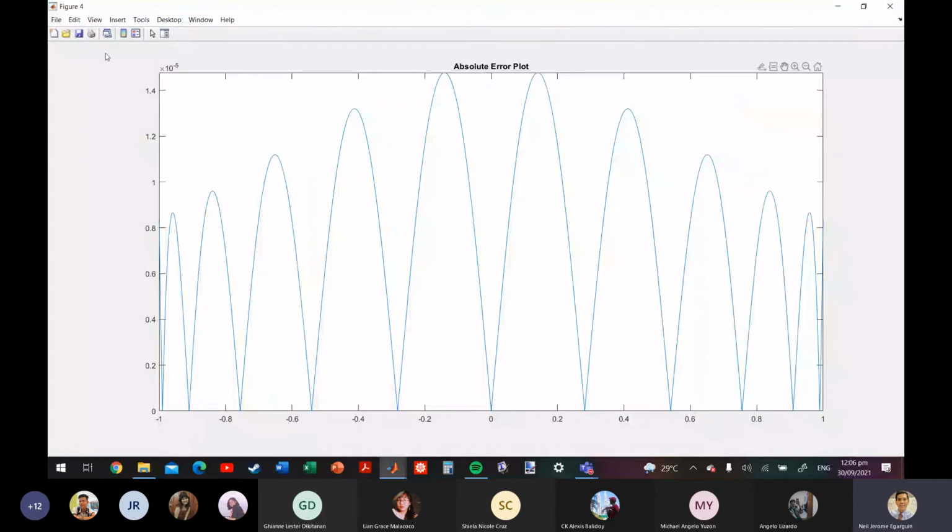And you see that the maximum absolute error is actually around 1.4 times 10 to the negative 5. Yun na yung pinakamalaking error na na-incur natin. Okay? So, in this sense, magandang interpolation natin from negative 1 to 1, with the use of the roots of the Chebyshev polynomial, because the absolute error is just 10 to the negative 5. Okay.